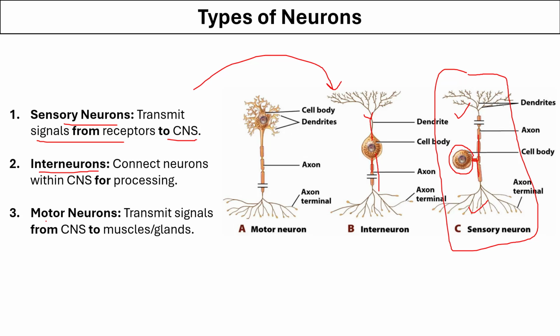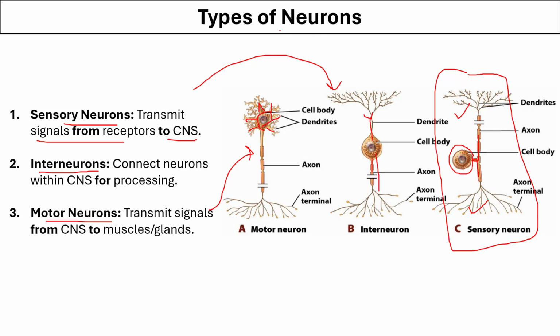A motor neuron is the one that takes the signal from the central nervous system to the effector organ, or the muscle or gland that has to produce an effect in response to the information or stimulus that has been received by our body. And these are typically multipolar neurons, because from the cell body you see that there are many extensions coming out, which is why it's called a multipolar neuron. So here we learned that